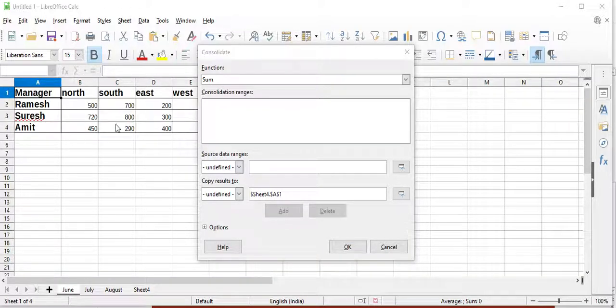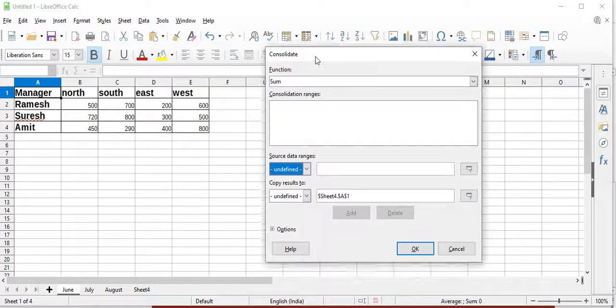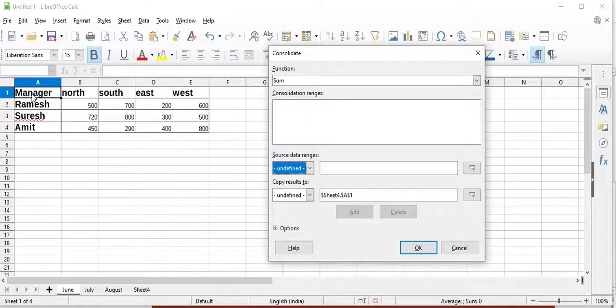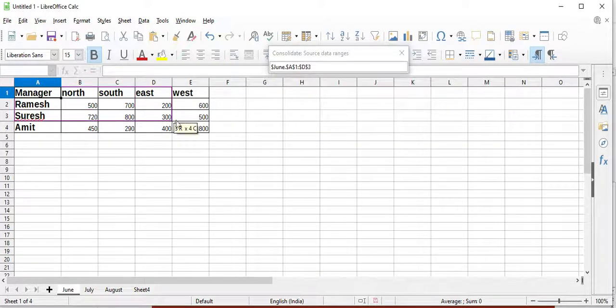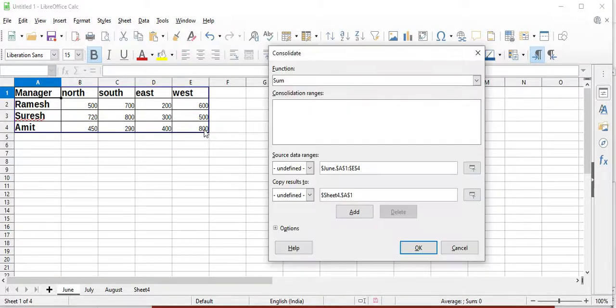For selecting my data range, I'm just moving this dialog box here. By just left clicking, you will see the data range has been selected. Once it's selected, click on the Add button.